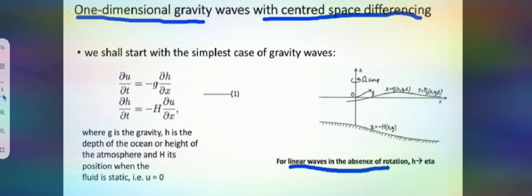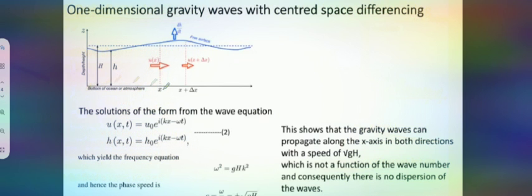If we look graphically, this is the bottom of the ocean. Let us take it as horizontal. And your waves propagate along the x-axis. And this is the depth of the ocean. And what is the capital H? Capital H is as if there is no motion. Clear? If there is no motion in the upper surface, the surface will be very flat. So capital H is fixed. But if you have a motion, then the surface will have a wavy nature.